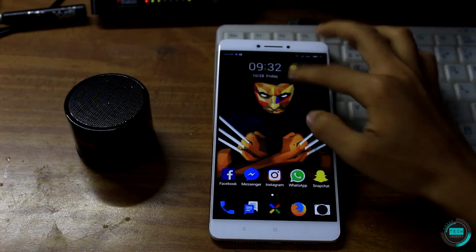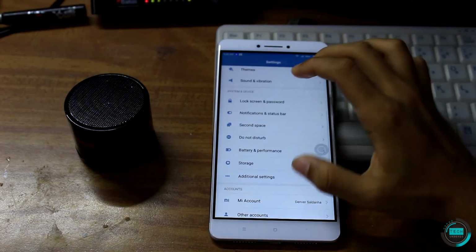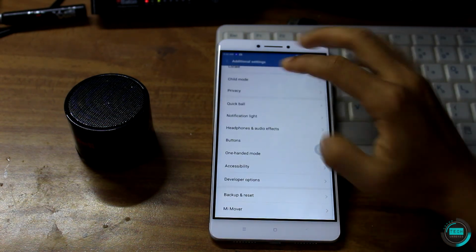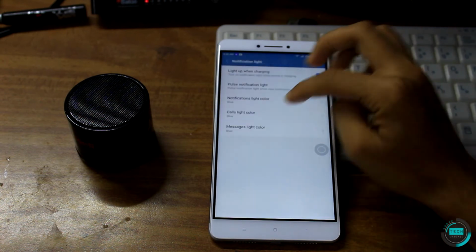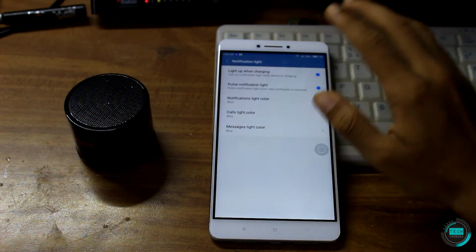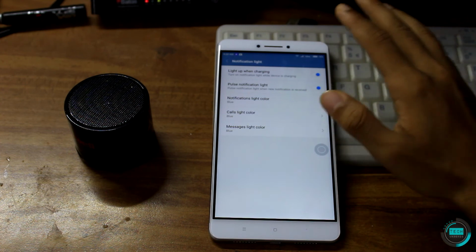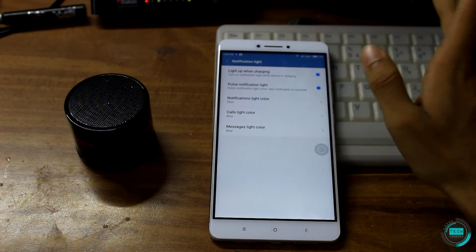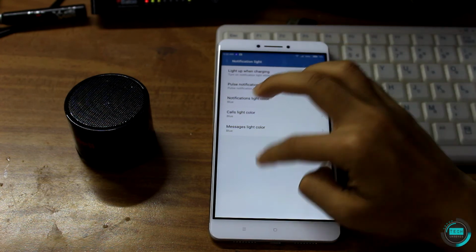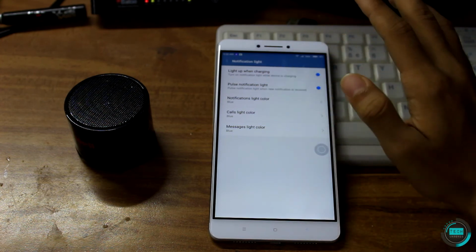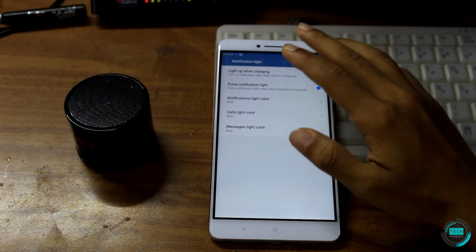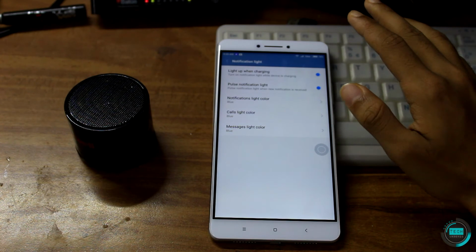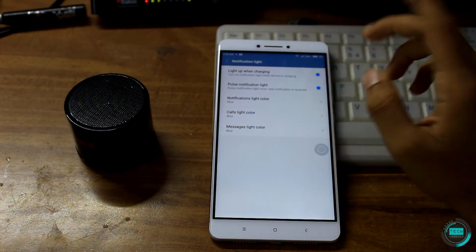So next up we have LED customization. For that you just need to go to settings and then go to additional settings. For MIUI users, this is just inbuilt in the settings menu. If you don't have MIUI, then I have an optional video that will pop up somewhere on the right corner or something, and that will show you a video on something called Light Manager, which will turn on all notification lights, and it is highly customizable. So please do take a look at that video.